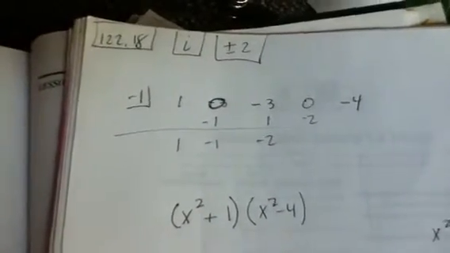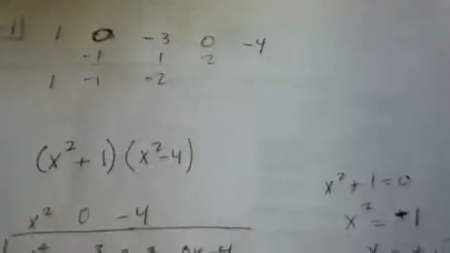Here's lesson 122, number 18. It says one of the roots is i. It gives you the hint that roots come in conjugate pairs, so you're supposed to know that the other root is negative i. So if your roots were plus or minus i,